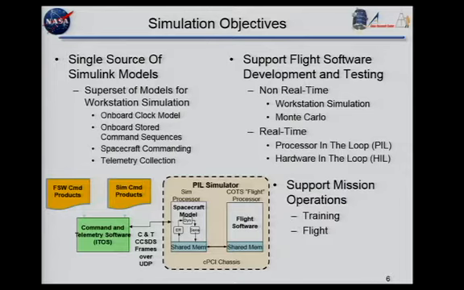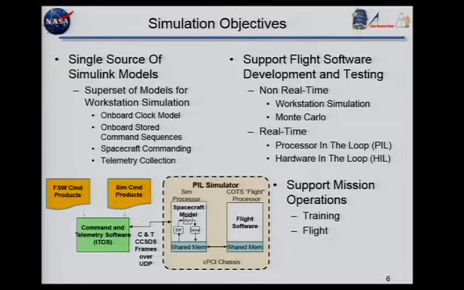Flight software was actually running on top of CFE and would have all the services and all the command handling, telemetry, and all these things. So for our workstation simulation, which did not have access to those elements, we had to include models for some of those things, so that we would have really similar behavior across the two environments.